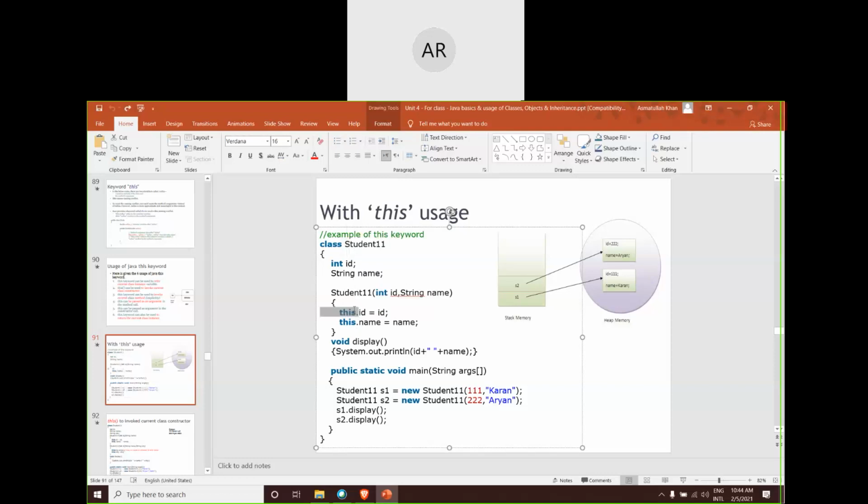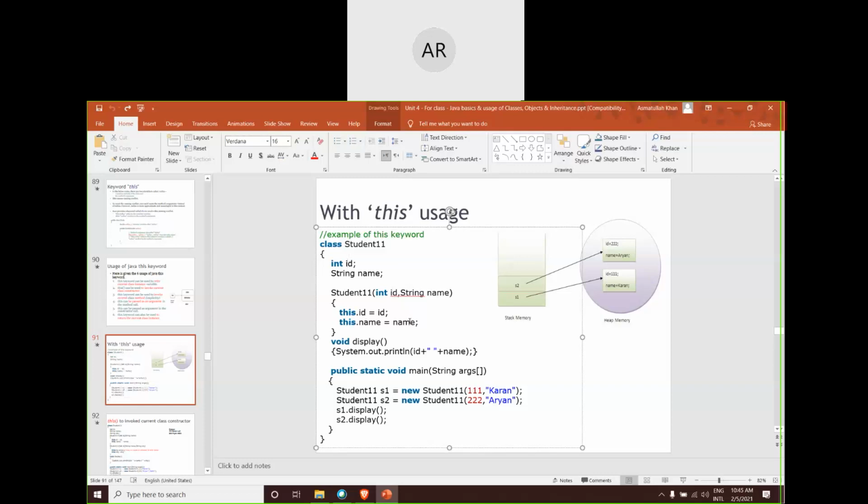That's why the compiler will attach this keyword to the left hand side, so that it becomes this referring to the current object. That means this particular member variable. For the object, what is ID? It's a member variable. So it will replace that particular member variable and initialize the value. Whatever we have passed here, its value will be copied into the instance variable.